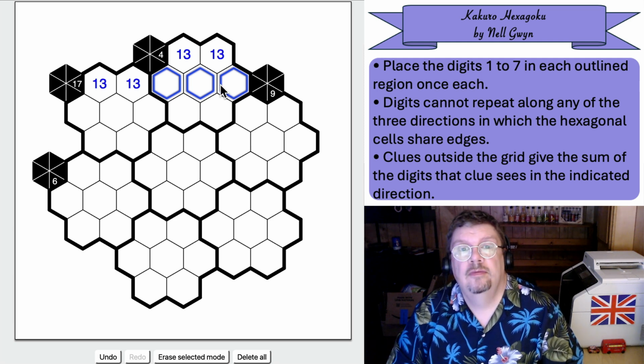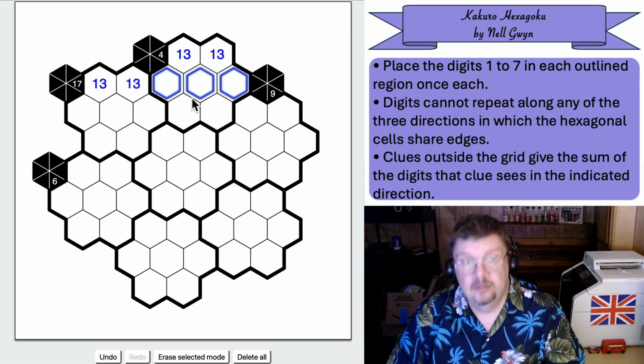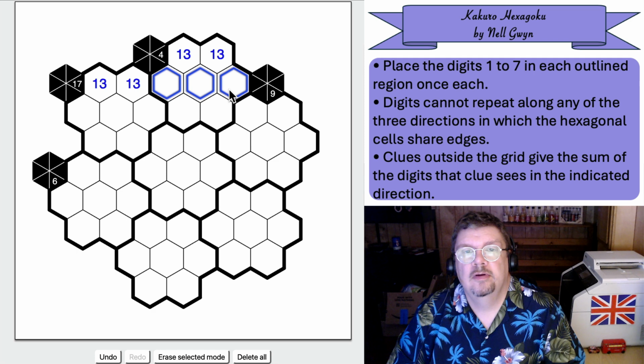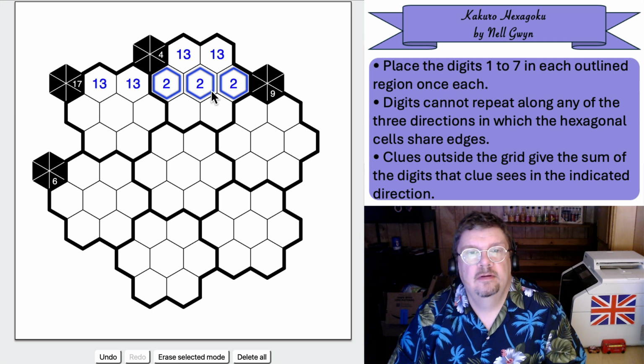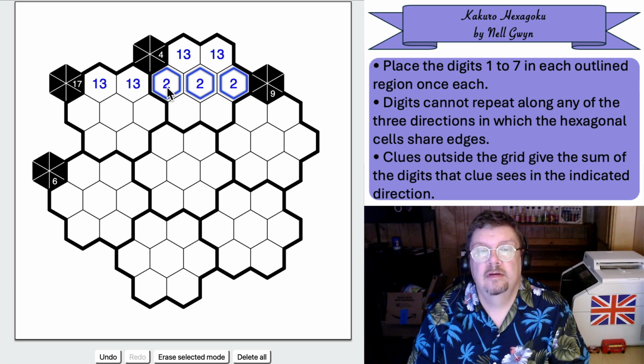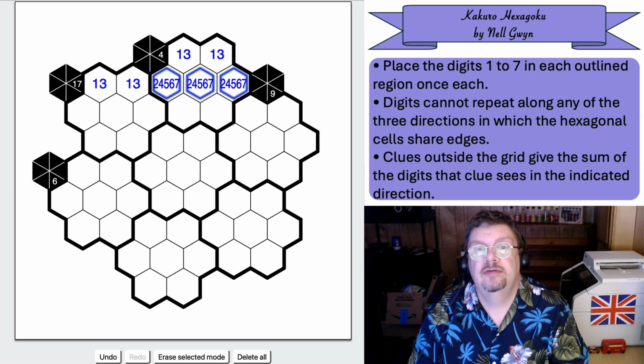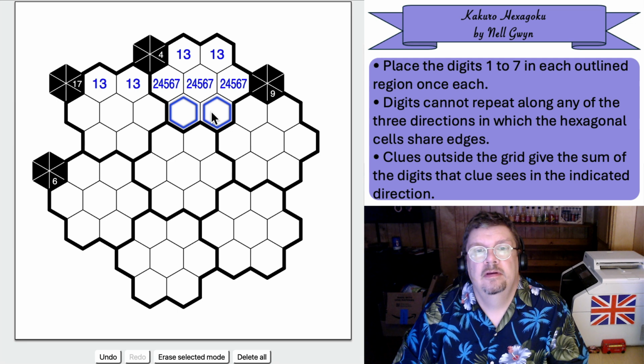So there is a 2 in one of those. Not sure that I can do a corner mark 2. No, that's not what I want. I'll put a center mark in for now. No, 2, 5, 6, or 4, 7. I'll just have to remember. And that's,